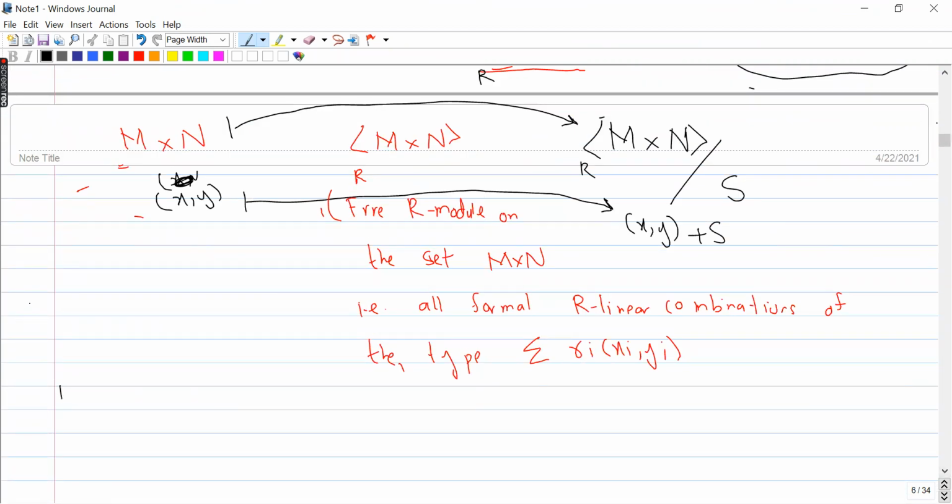So what is the remark that I want to see? This canonical map. I want to see this canonical map as a